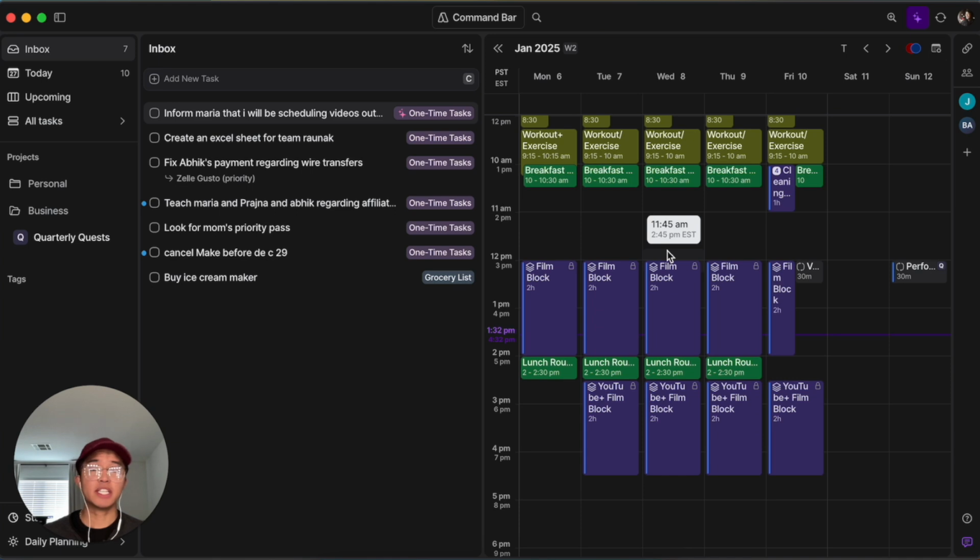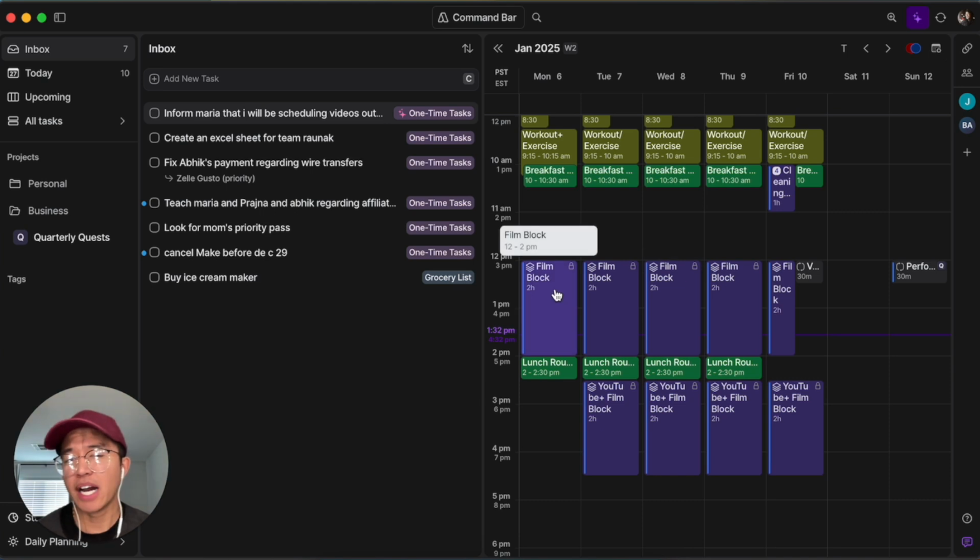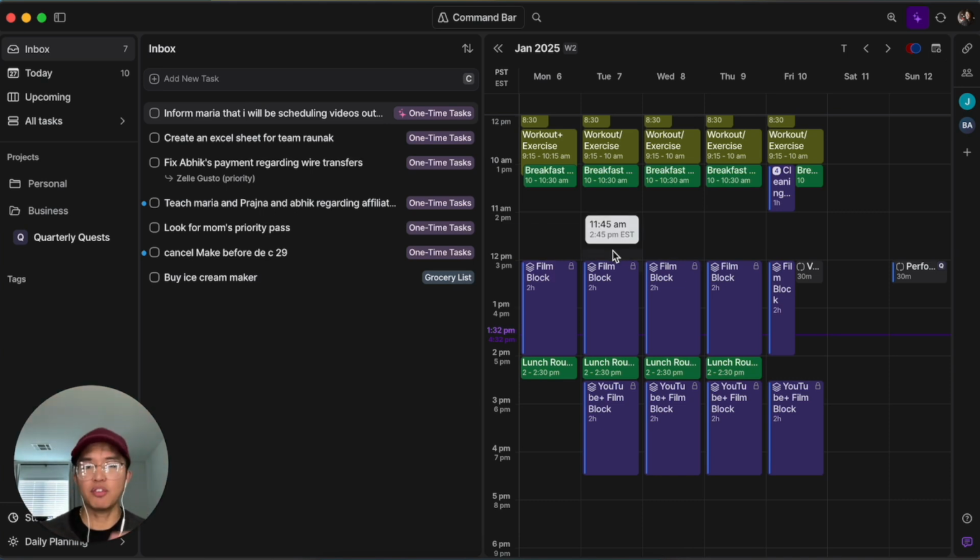And that allows me to get into the habit of doing this, so that it's not so hard when sometimes maybe I don't want to pick up a camera. Knowing that I have to film at 12 to 2 p.m. really sets my mind into getting those things done between those two times. So for my example, I have a film block from 12 to 2 p.m. and then I have another YouTube film block between 2:30 and 4:30 p.m. just because with that film block, it'll include things like scripting, filming, idea generation, or publishing the video.